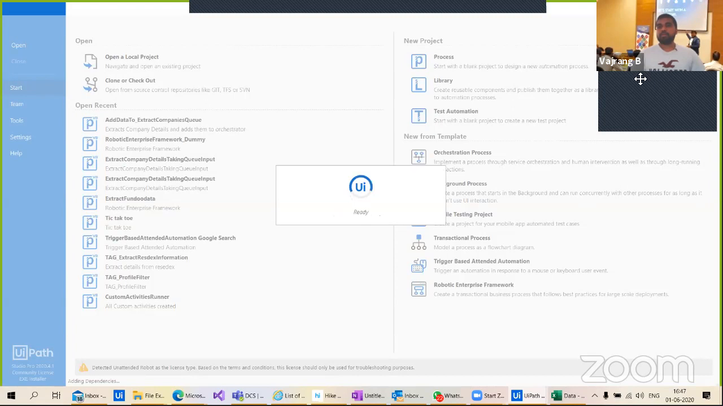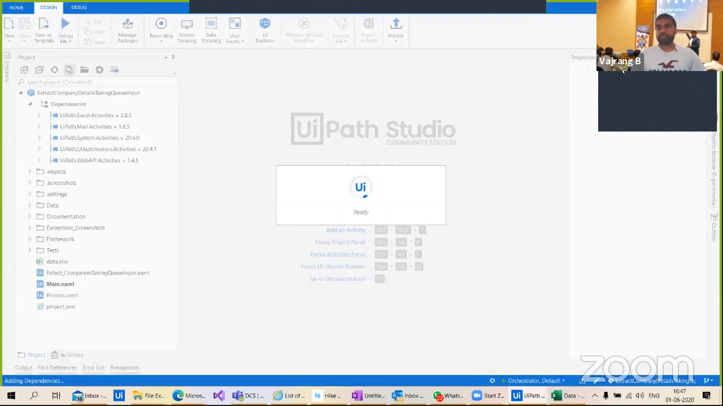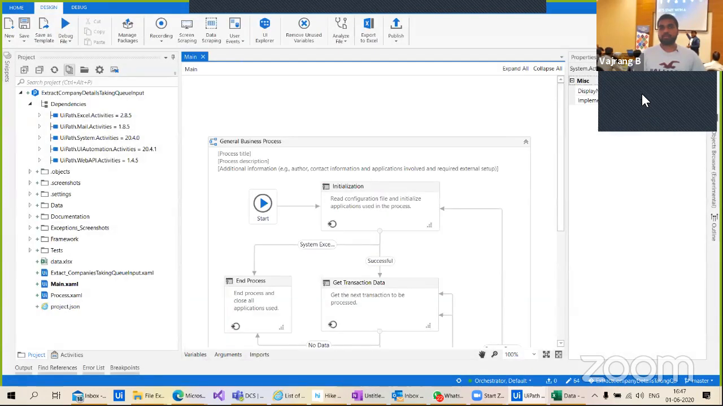Okay, let's hide my camera. Let's keep it in the top right. Okay,